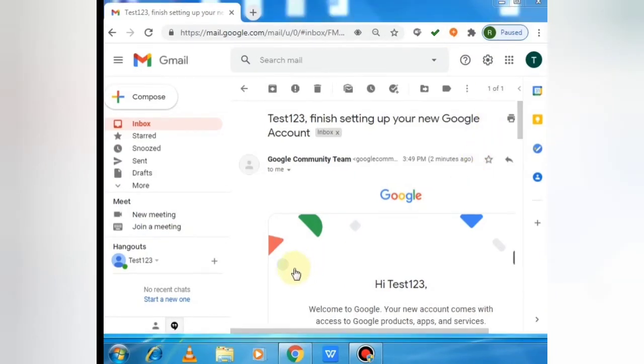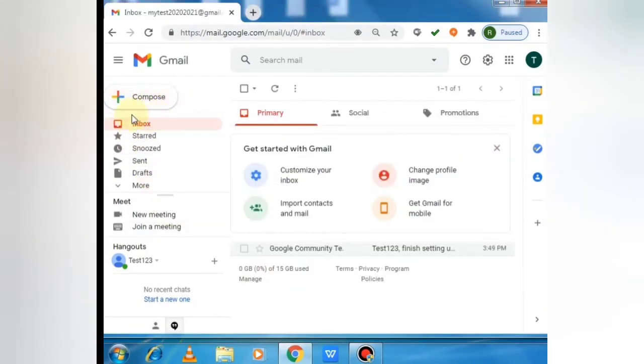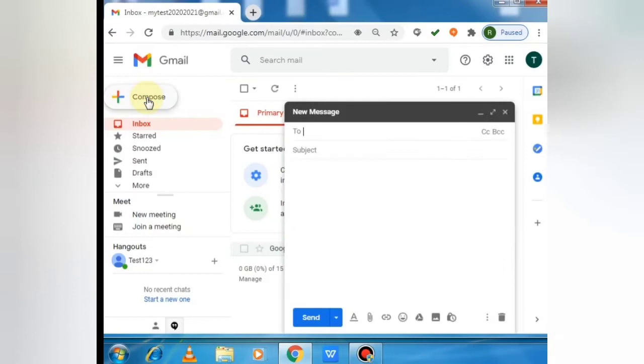Now let us create our first Gmail message by clicking the compose button. There is a compose button, press on it, so we'll be getting that compose mail pane. Here we have to write our Gmail message, so that is the To field.